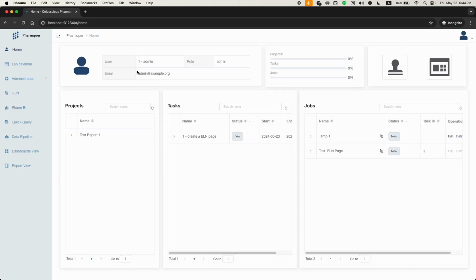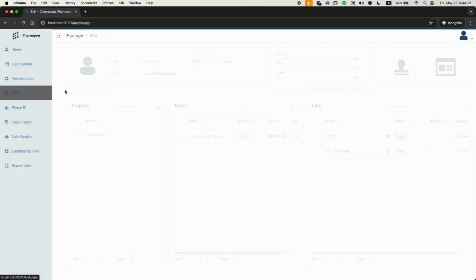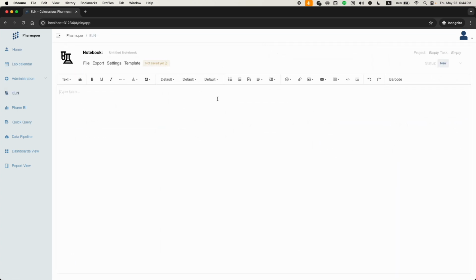So now I'm logged in with administrator, then navigate to ELN. Let's arbitrarily create a template. First, we need a header and add a table. Maybe we need a barcode here.